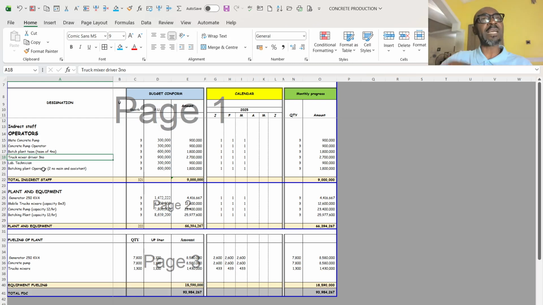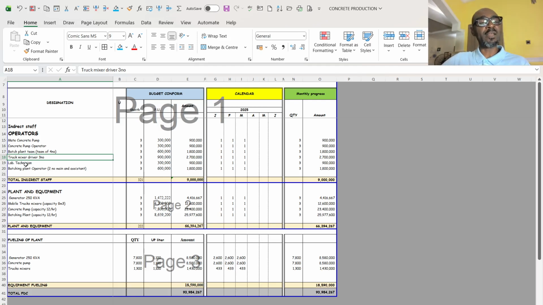So these are just hypothetical figures. If it's a crane that you have, and your batching plant is placed on site where the boom of the crane can reach and take the concrete to that place, you don't need the concrete pump, you don't need a truck mixer. But if you are now trucking the concrete from somewhere to the site,